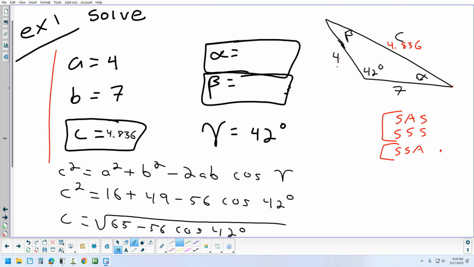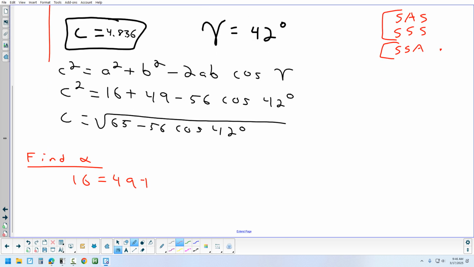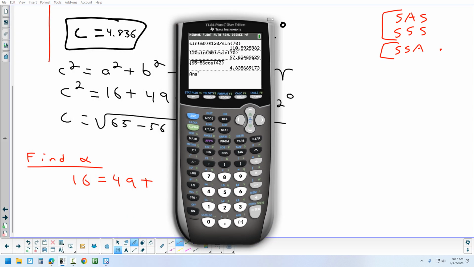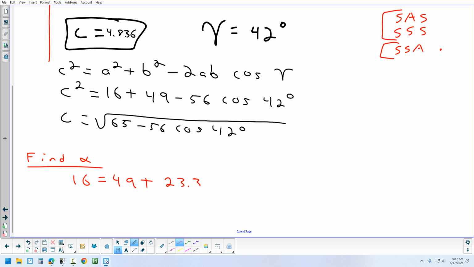So A squared equals B squared plus, and now I'm just going to take the last answer that I had and square it. So it's actually using more accuracy than 4.836. It's using the whole number that the calculator stored. So that's as accurate of an answer as I can get for squaring 4.836. 23.384. Okay, so we've got A squared, B squared, C squared. And what comes on the end? Minus